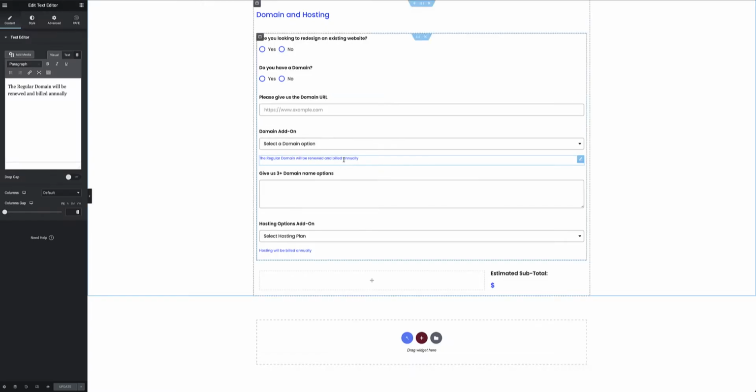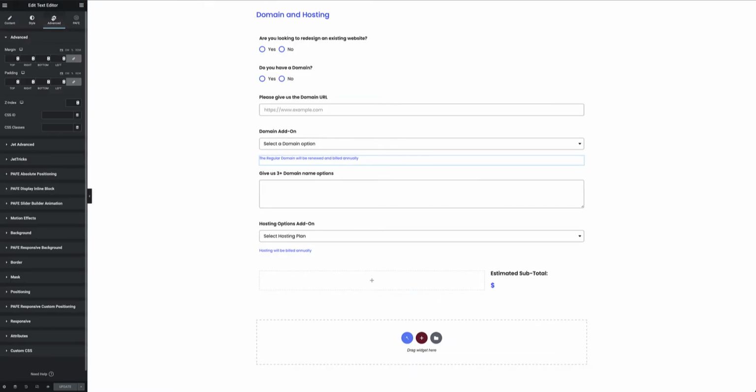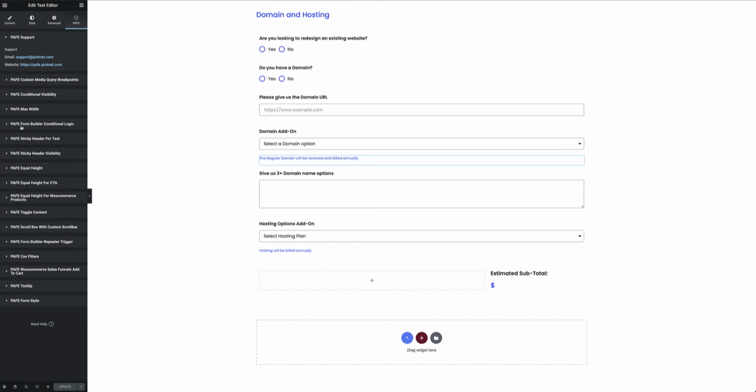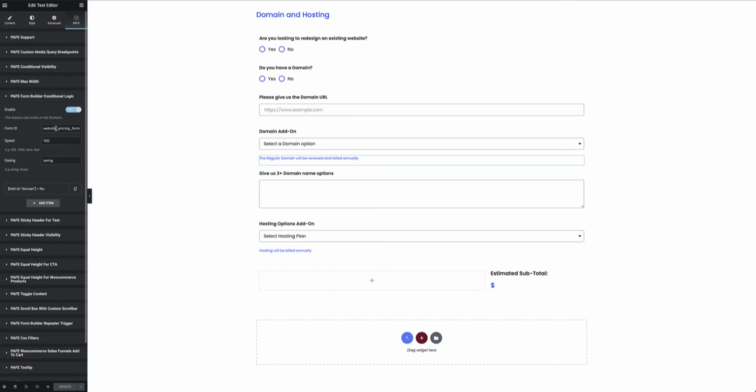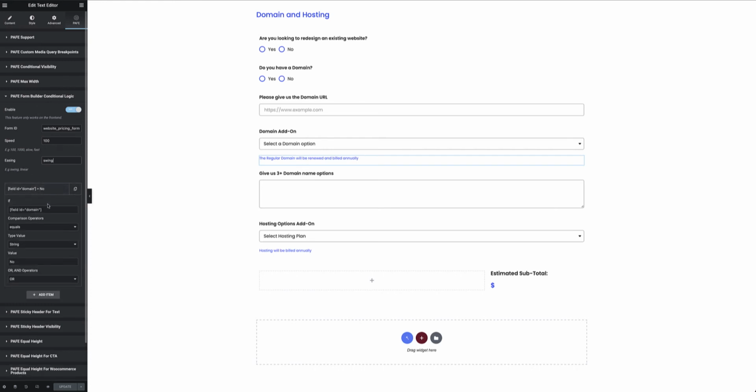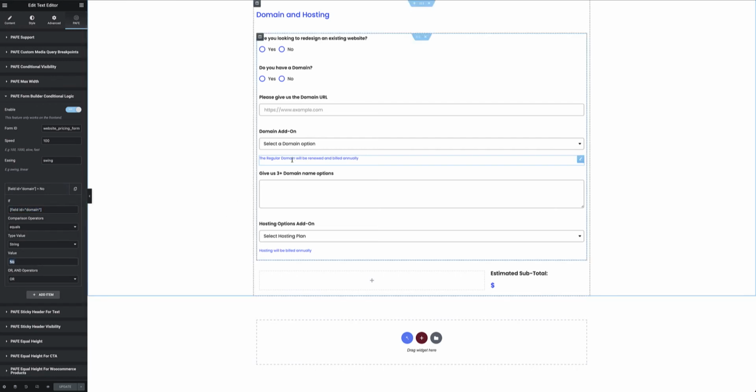So if I head back here and I go under the PAFE area, you'll see that there's a form builder conditional logic where I've applied pretty much the same thing. So I've given it the form ID, I said what the conditions are, the speed at which this animation needs to take place, and the type. There are only a few limited ones at the moment, but the important thing here is the conditional logic again. So if the shortcode equals a value, then display the text field. So it's not just limited to the form builder itself, but it also applies to any other Elementor element,